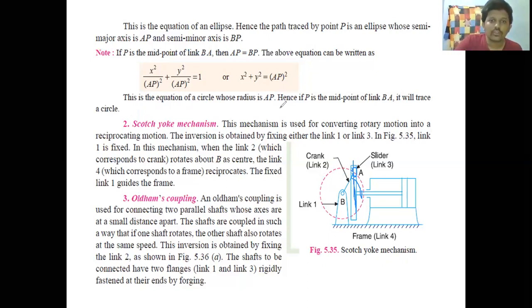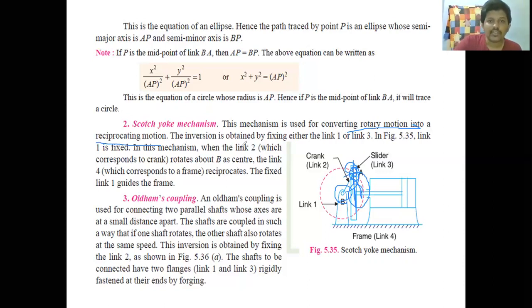That is exactly the thing which is attached to the cylinder part. I will show you. So this mechanism is converting rotary motion into reciprocating motion. That means the crank is rotating, but the slider is reciprocating. Here you can see you have two turning pairs and two sliding pairs. See, I'll show you. This is the turning pair and this is the turning pair. Now with this you have a sliding pair, and with the piston you have a sliding pair. That means you have two turning pairs and two sliding pairs happening here.